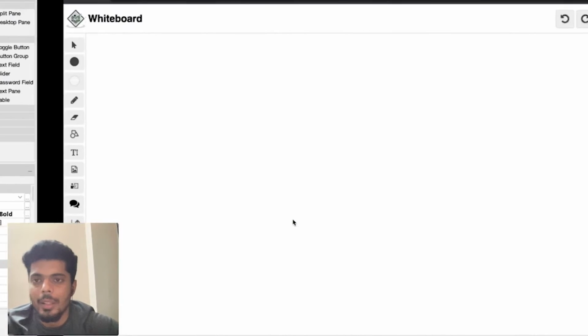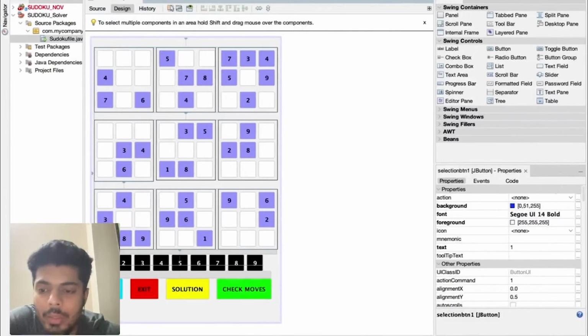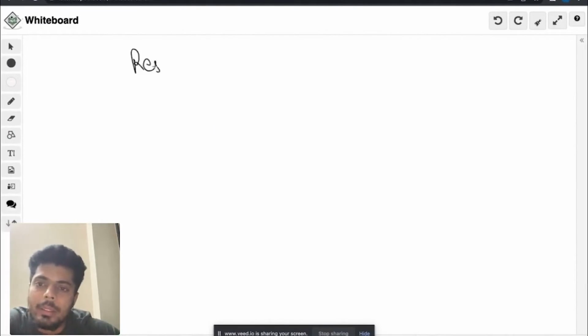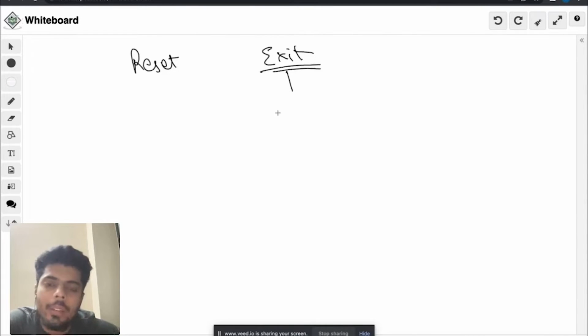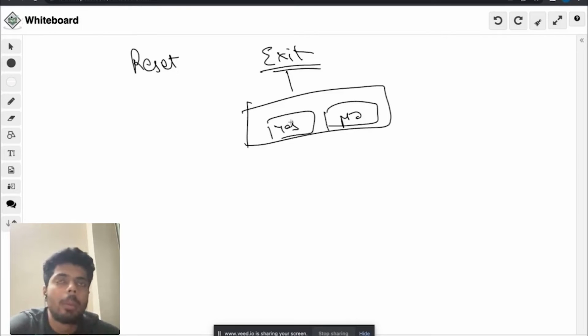In this session, we are going to take care of writing down the functionalities of these 2 buttons, and these are reset button and exit button. Okay. Upon the click of exit button, of course, we first will show a warning message asking whether you want to exit your execution or not. So we'll give you 2 options, yes or no. And upon the click of yes, of course, we're gonna exit the program. We're gonna stop the execution, and the JFrame window will be closed.